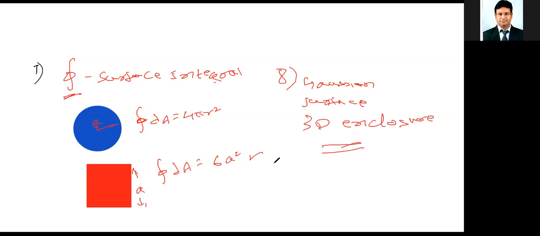Now we'll try to apply this Gaussian surface or Gauss law to another aspect. See, actually we are having 4 spheres. One is solid conducting sphere, hollow conducting sphere, hollow non-conducting sphere, and solid non-conducting sphere. I am going to discuss the 4th one, that is called solid non-conducting sphere, because lots of times the applications will come from that. Now let us try to understand that solid non-conducting sphere.